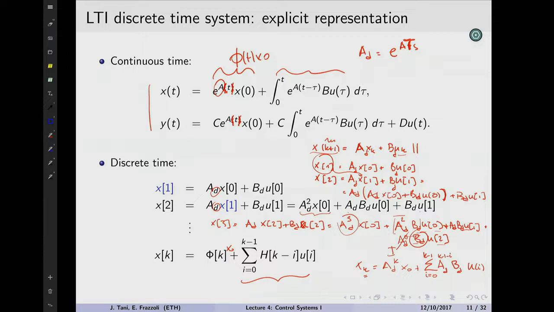Okay? To answer your question, it depends how you discretize it. We said just sampling. That's a simplistic approach to it. There are many different discretization approaches you can use. The whole deal boils down to a differential equation. A differential equation x dot equals whatever you want, and x dot is dx of t over dt. Right? It's a derivative. What's a derivative? What's the definition of a derivative?